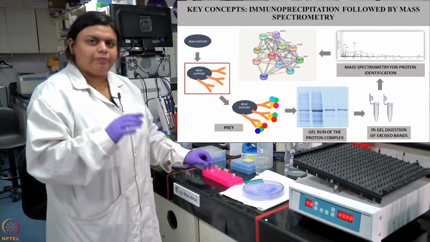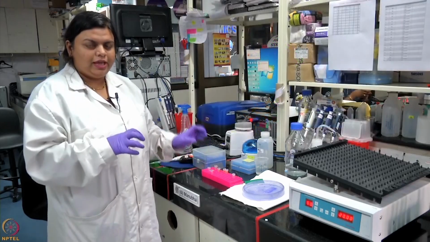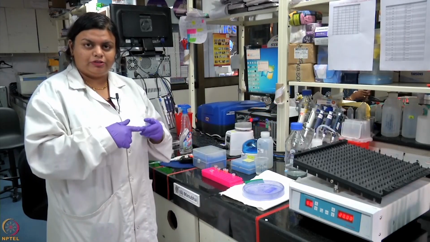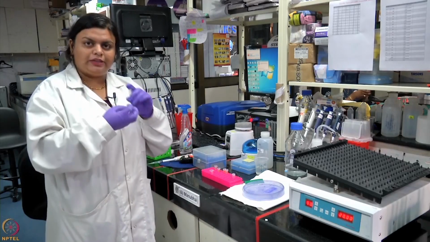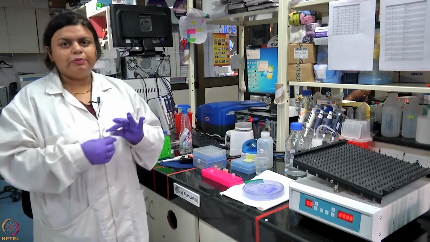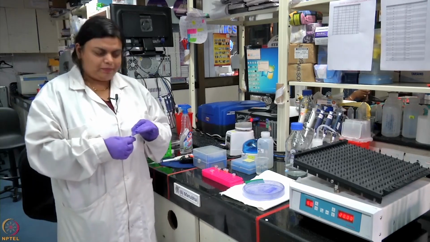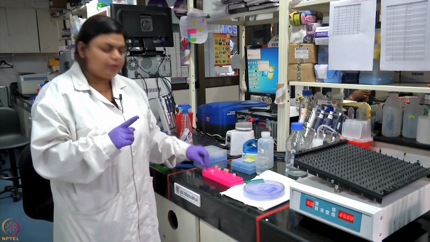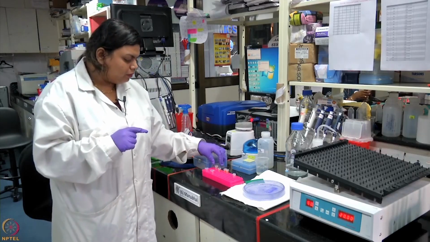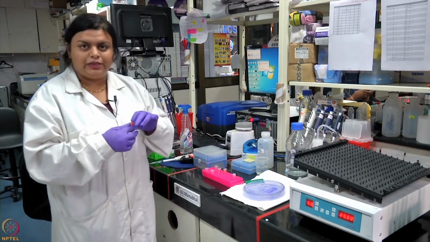So first of all, we'll prepare a bead antibody conjugate, and then because the antibody is specific to the protein of interest, we will try to pull down that protein from your biological sample. So we will perform the experiment in 3 steps. Number 1, we will prepare the antibody bead conjugate. Number 2, we will be doing the pre-clearing of the lysate.